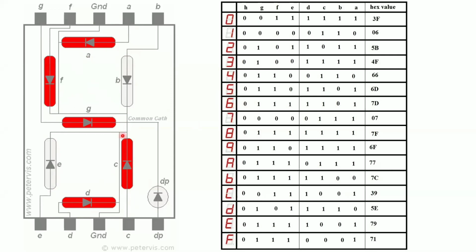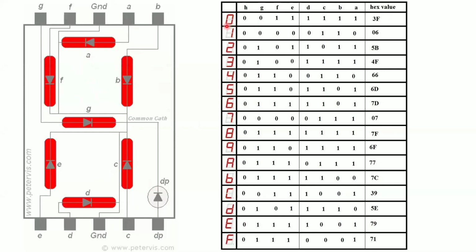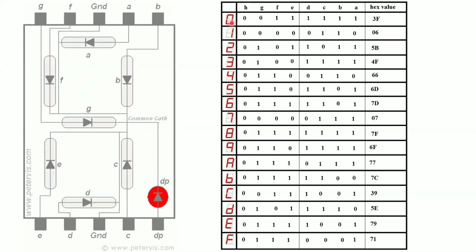So in a similar way, if I want to get some numbers, I will send some values, right? Now look at the right side of the table. If I want to display 0, which LED do I need to turn off? Only the G LED. So if I turn off this G LED and turn on all the remaining LEDs, I will get the 0, right?